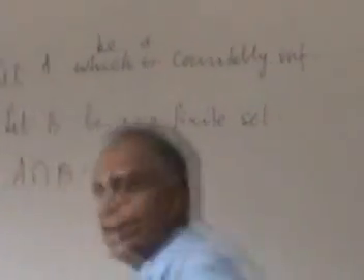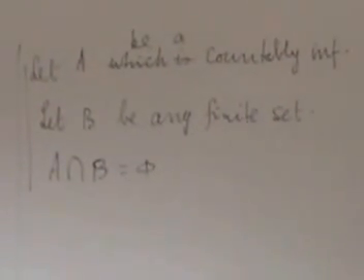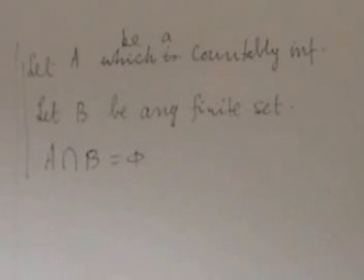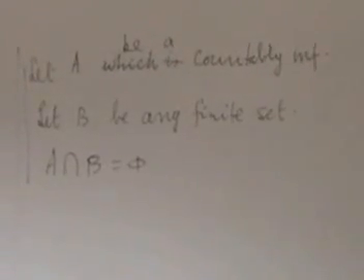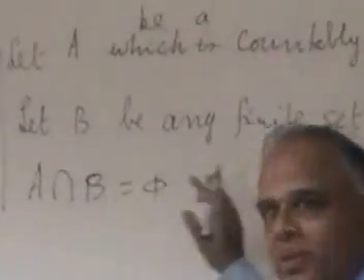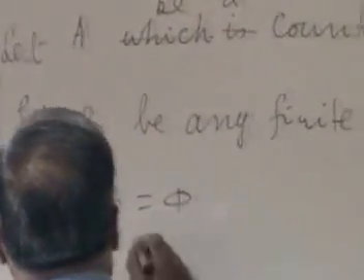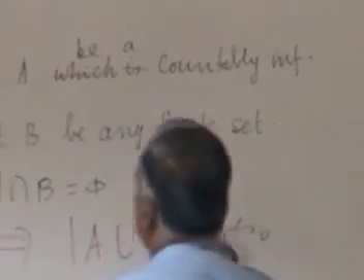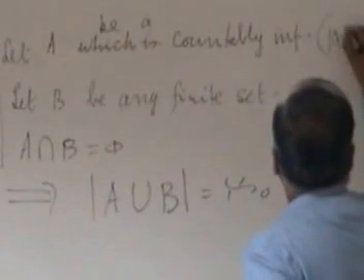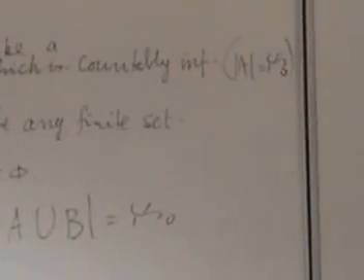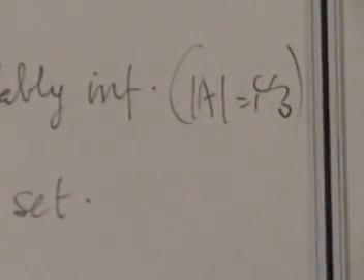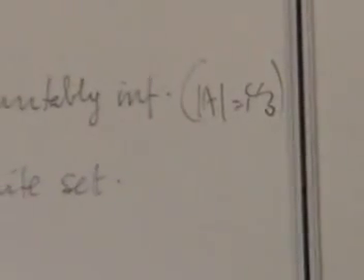Suppose I have a huge countably infinite set, and I have something totally new but only finite, and I put it in this. It's like putting a bucket of water in the ocean. Nothing is going to change. The ocean is going to remain an ocean. This implies the cardinality of A union B is still Aleph naught, given that the cardinality of A is Aleph naught. By putting this finite set, you have not in any way altered the cardinality of that set.